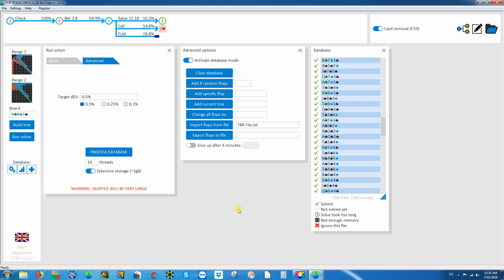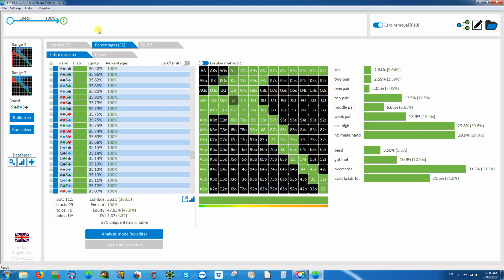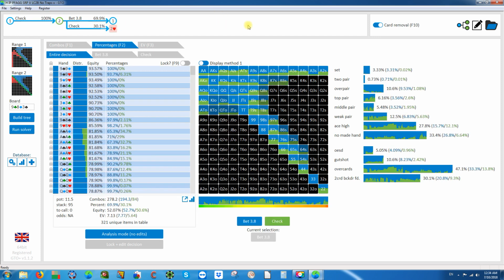So I should study harder, in fact. Now let's just look at what is the not lock option. In fact, let's say, for example, that we choose this board here, the 983 rainbow, and so villain is checking 100% of his range here, and we want to fire our whole range and see what will be the differences